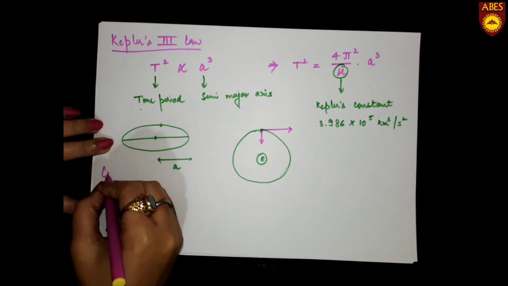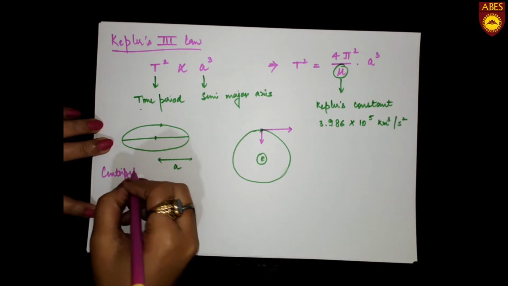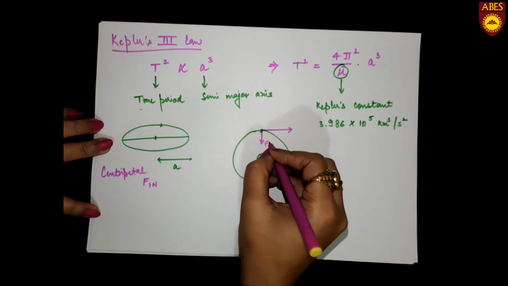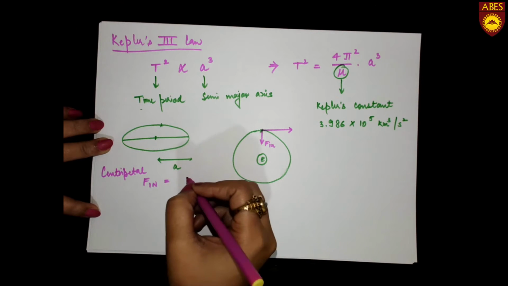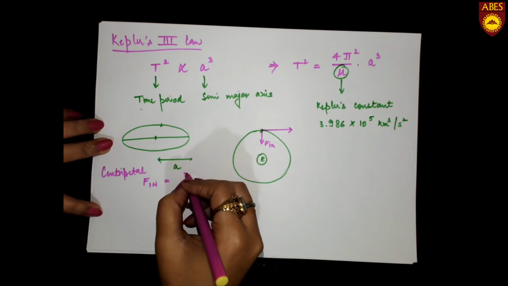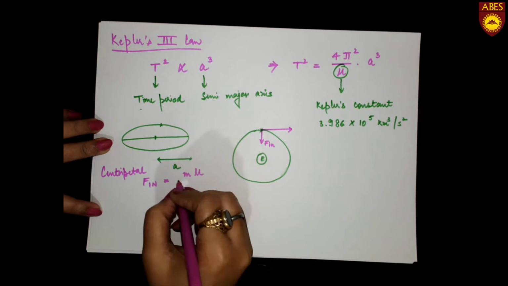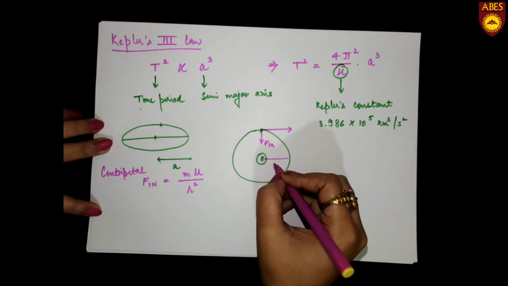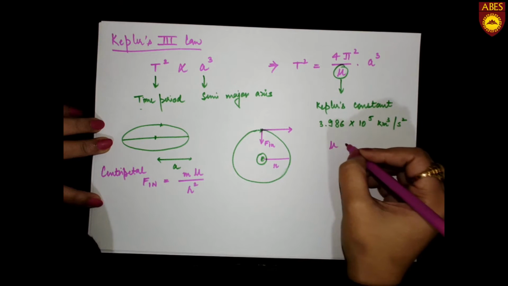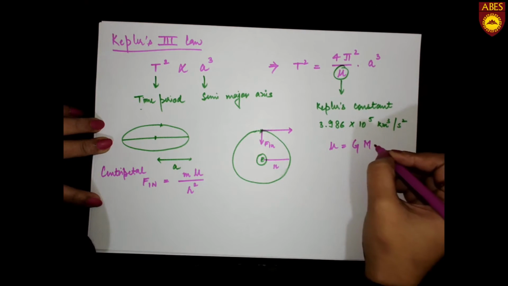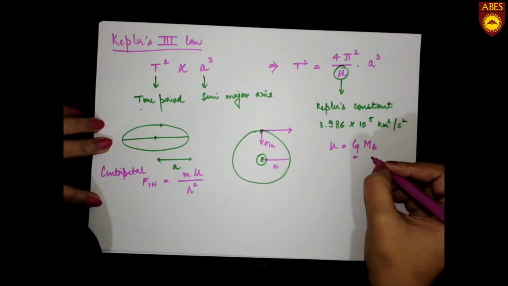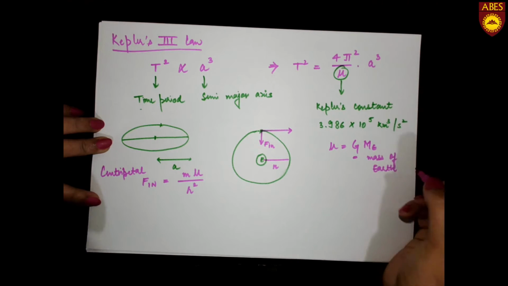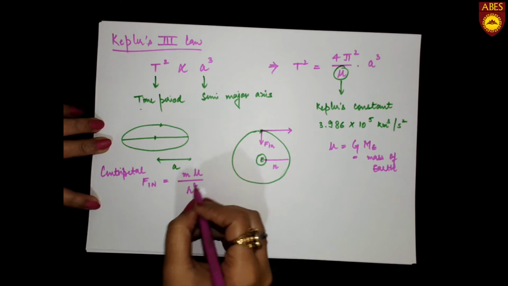So moving on to centripetal force, that is F in. F in is due to the gravitation. So this is m, which is the mass of the satellite, mu, which is Kepler's constant, divided by r square, where the radius is r, and mu is G M e. G is the gravitational constant and M e is the mass of Earth. Fine. So F in is m mu upon r square,